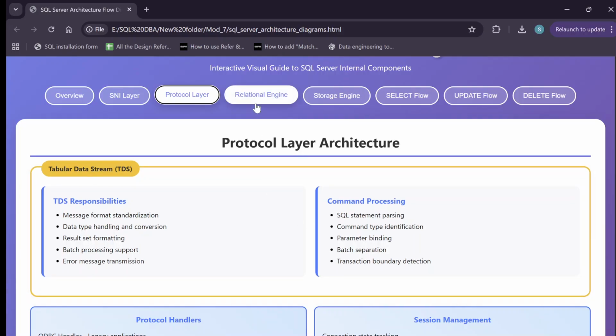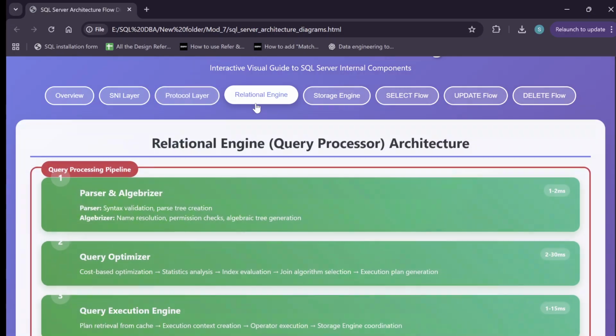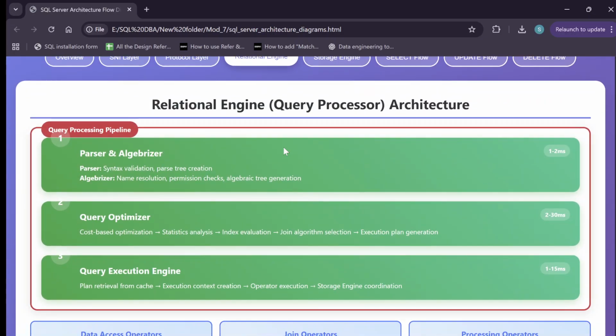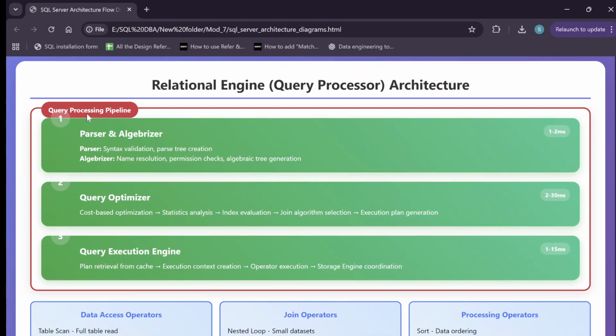Then we are going into the third one, which is the relational engine. Now we are in the heart of SQL Server, that is the relational engine, also called the query processor. We have a query processing pipeline. Every query goes through these exact steps. Step 1 will take 1 to 2 milliseconds. Parser